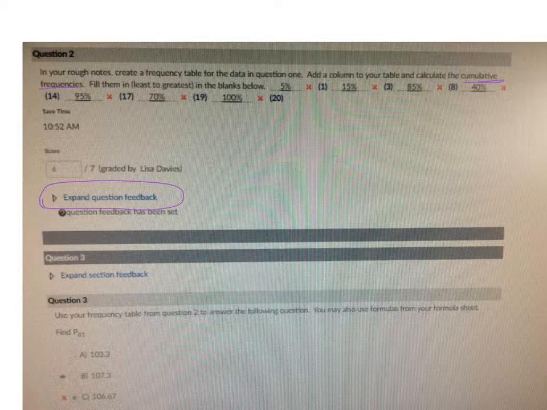And so I explained that I still gave you 6 out of 7 because when I looked at your rough work, I can see that you were organizing your table correctly, but you didn't answer the question, which was to give me the cumulative frequencies, which tells me that there is a bit of misunderstanding about what those are. So I took 1 mark out of 7 off, and I gave you 6 out of 7 on that for having done the calculations correctly, and I saw that on your rough work, okay? Now for question 3,